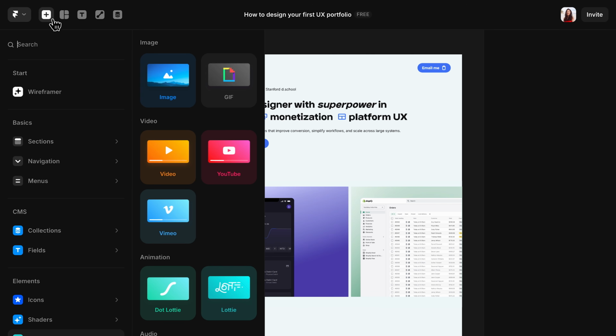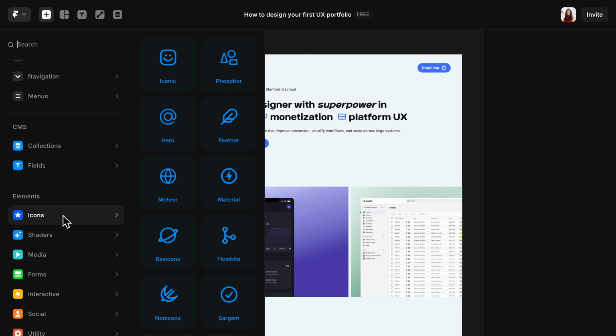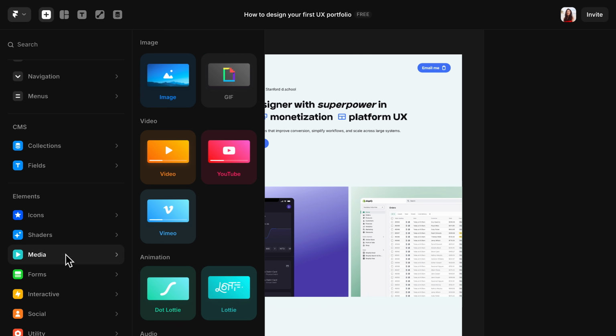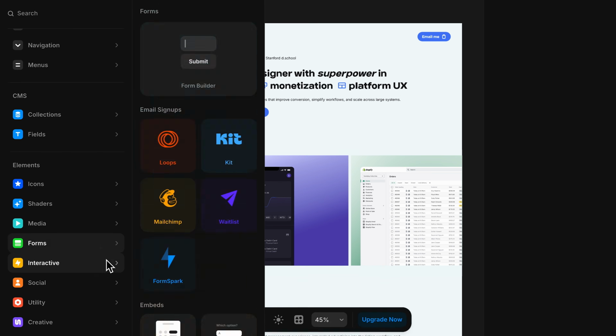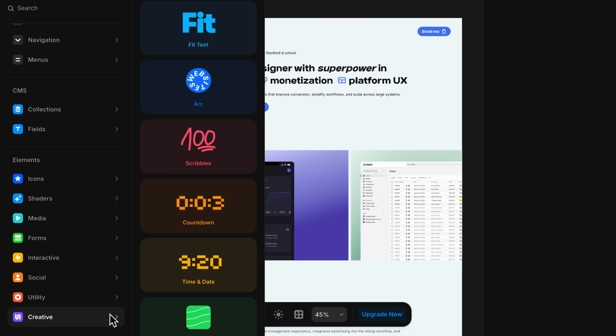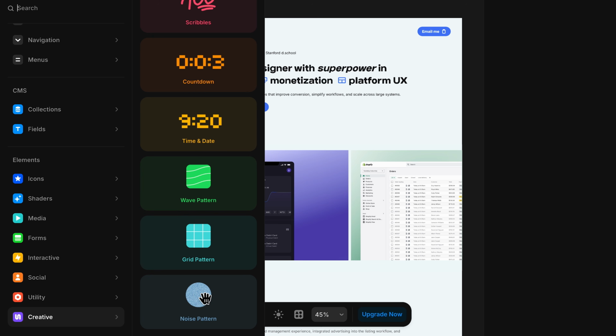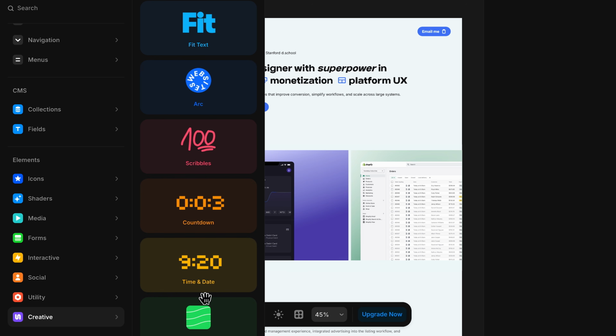And when it comes to graphics, there are so many other directions you can explore. Just click the plus icon on the top left in Framer and play around with the different elements there. And if you have a background in visual art, definitely draw out your own graphics to make your portfolio feel even more personal. And again, don't be afraid to break things. Make a healthy mess right now. It is really fun. And copy my process, don't copy my design.